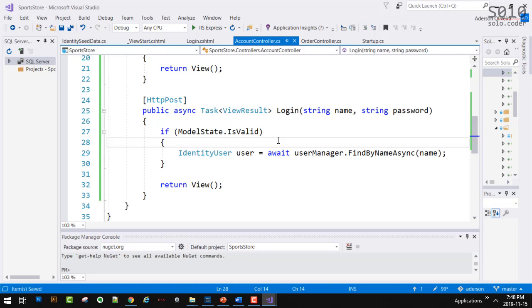You're going to be using asynchronous quite a lot because, as I said, pretty much all methods from the user manager are asynchronous, as well as from another class that we're going to talk about in a second. But that's about it.